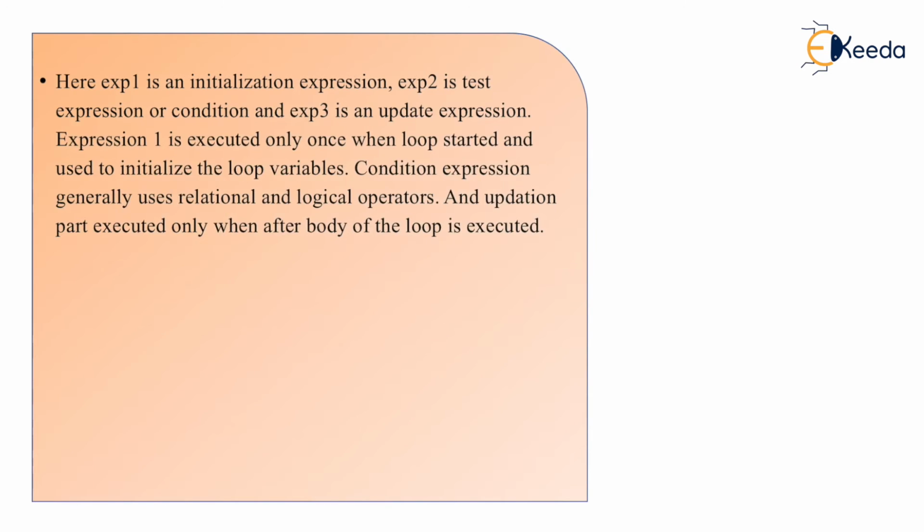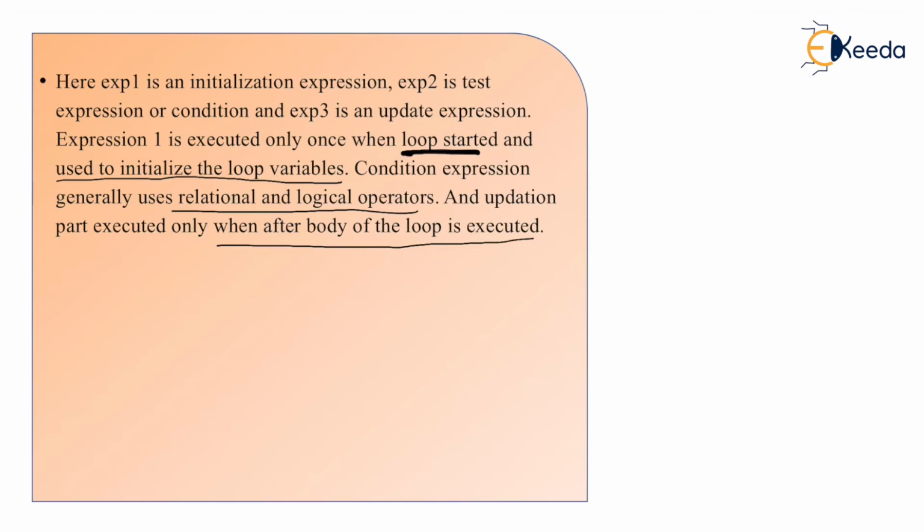And expression 3 is an update expression. Expression 1 is executed only once when the loop is started and is used to initialize the variable at the starting point. Then the condition expression generally uses relational and logical operators, and the update part is used after the body